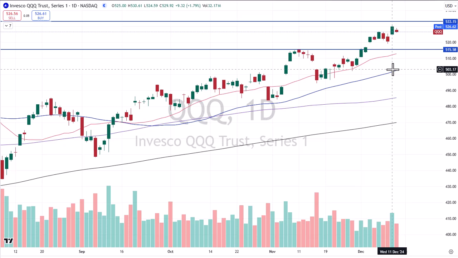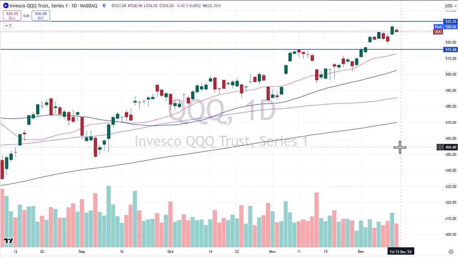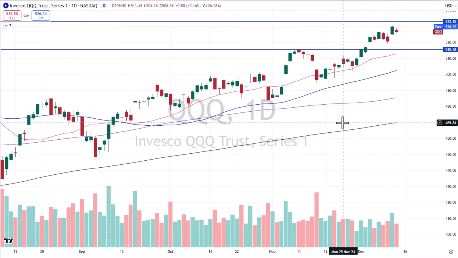Now, the flip side of that is, if you get below and stay below, close a day below the low of yesterday's low, 424.59, that changes the character of this particular chart. You'll come fill a gap down here, and then all bets are off. Then the next thing shows coming to test the most recent breakout area at 515.58, and all of a sudden this chart doesn't look the same as it does today. So we're just telling you what it looks like now based on the information that we have.